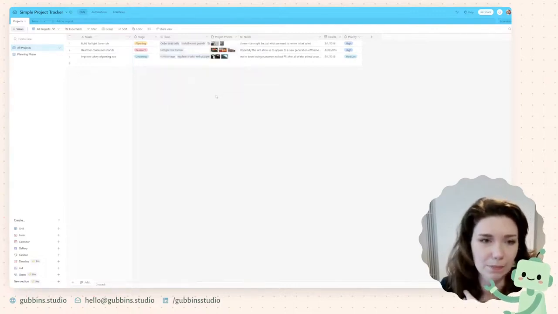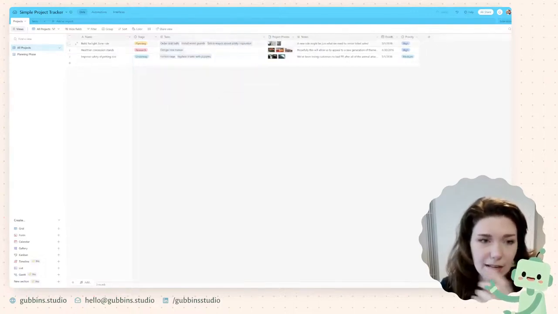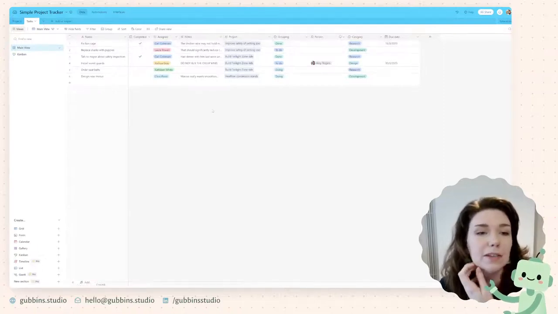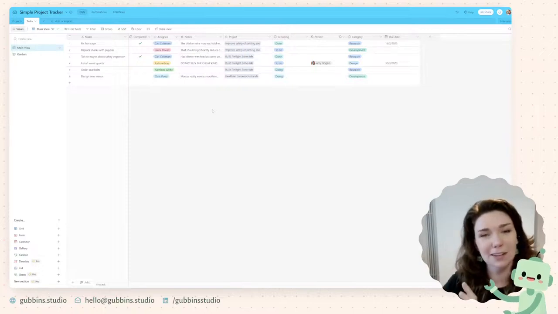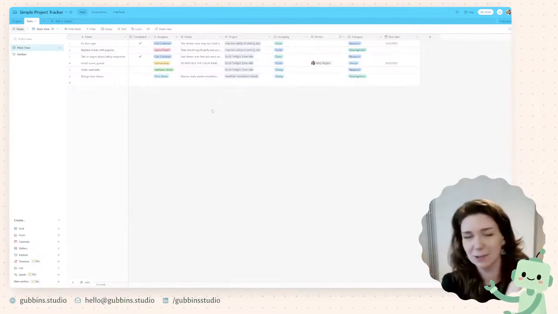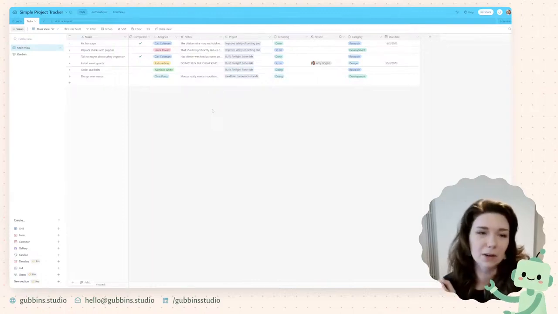Okay, so here you can see that these tasks are the ones related with this project. And then in tasks, you should be able to see the project that it belongs to. Then if you wanted to do this even further, you could create another table with subtasks and then link those to tasks, so you can get quite complicated with it.